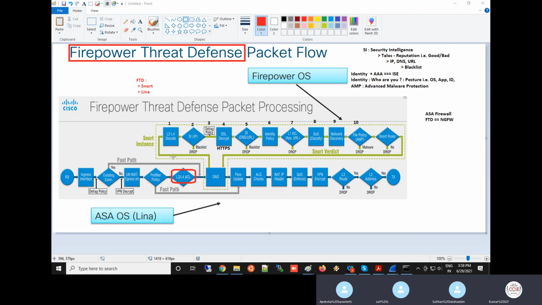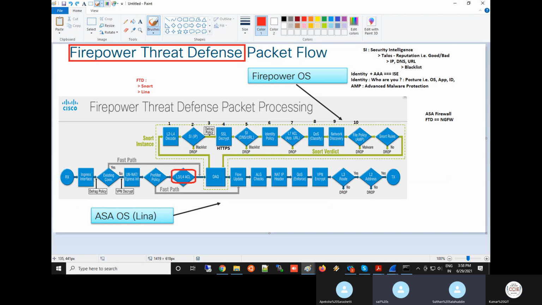So what a next generation firewall, this FTD, does is: when a packet comes in at RX, meaning the receiving end, it will go through these stages one after another. Anywhere it is not matching, it will drop. If it is matching, it will go on and finally go out.